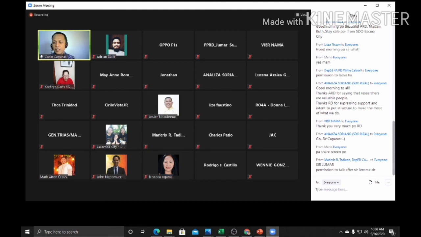Gumawa na po kami ng parang assessment form for children to categorize them more specifically. And then, another project is since wala silang masyadong access dun sa mga books, nagkaroon po kami ng mini library and then nag-post po kami ng mga unfamiliar words between hallways and inside the rooms.